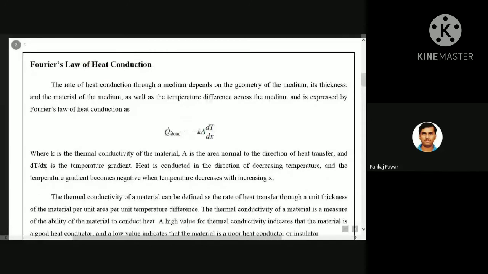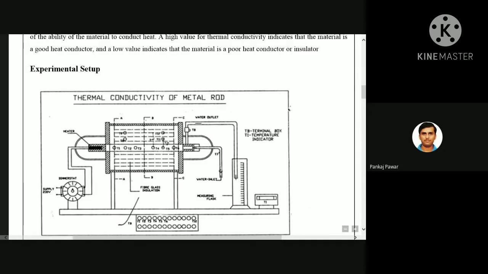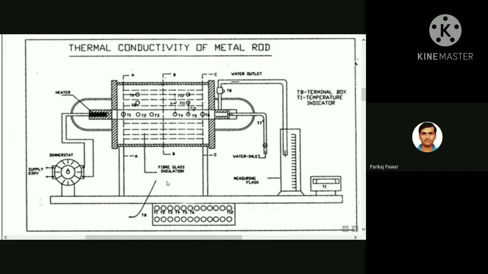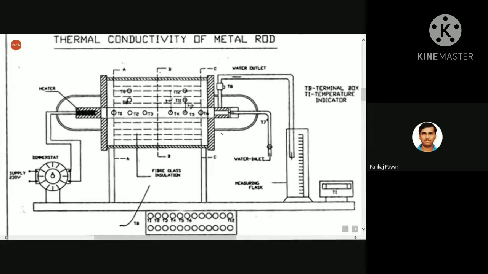Now this is the Fourier's law of heat conduction known to you. Q is equal to minus KA dT by dx. Is it correct? Now we'll go for the actual experimental setup here first. Is this setup visible clearly? Okay. Now we'll go for the experimental setup. We have actual images of the setup that we'll see later on. Before going to that, we will see this two-dimensional image.